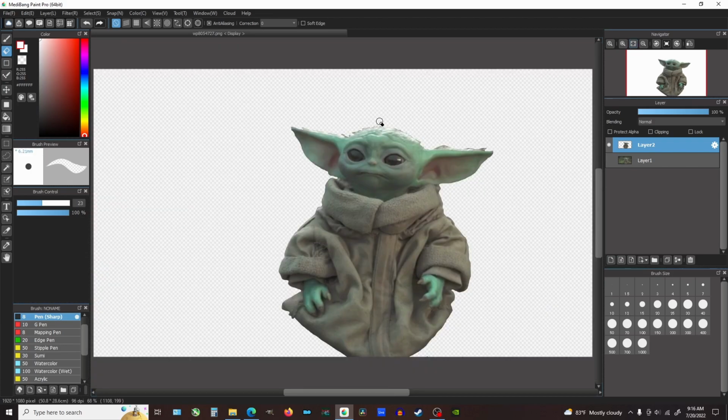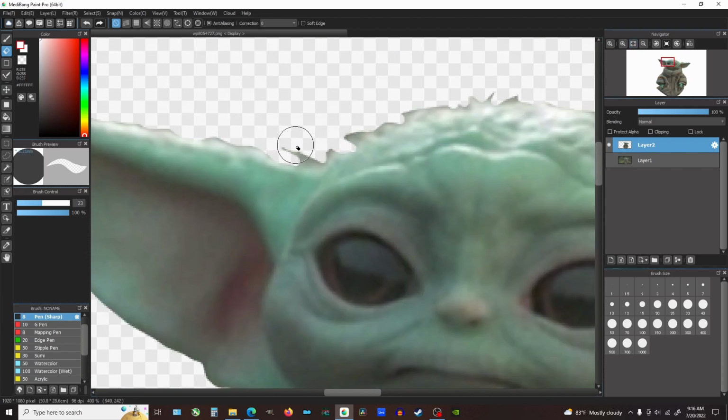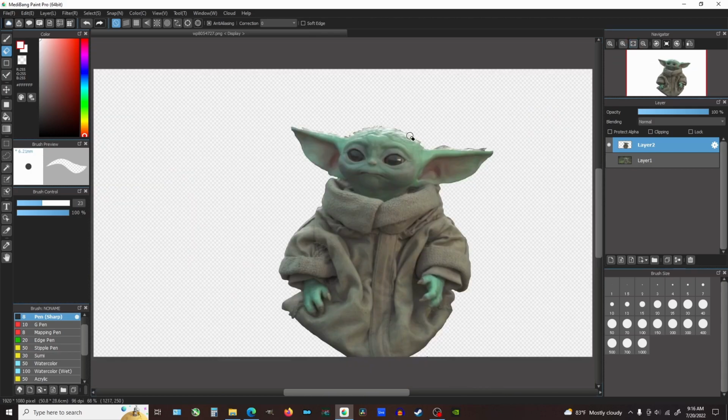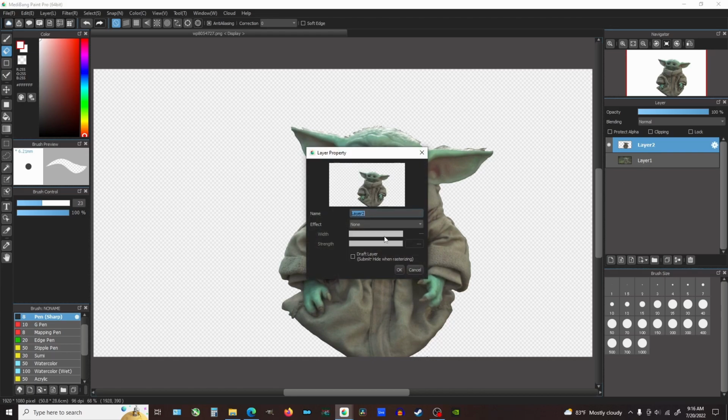He is mostly done. I mean, it's not the cleanest job, but it's okay because it's just for tutorial purposes. But there you go. There's a little baby Yoda. So we have this layer, and we're going to go ahead and name that real quick because naming layers is very important. So we're going to call this